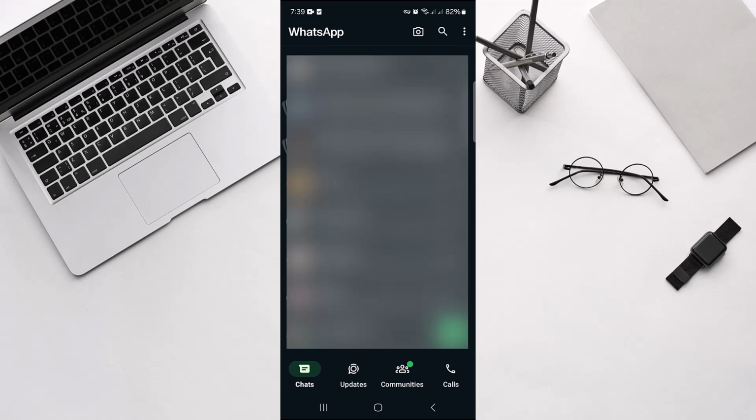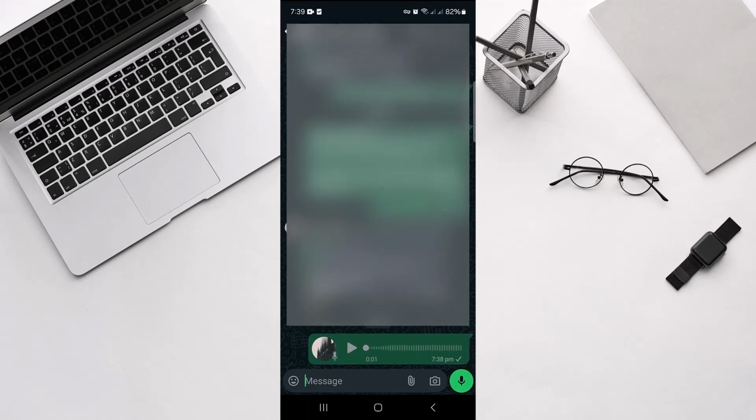Suppose I have this WhatsApp group and I'm heading over to it. And once I'm here, I can see I have already given a voice chat in this group and I just want to remove it. So all I need to do is to keep tapped on this and there will be an option appeared on my upper screen and it will be